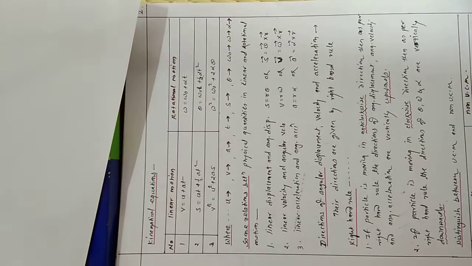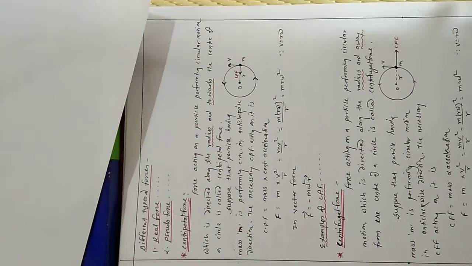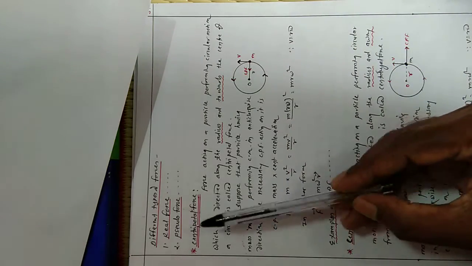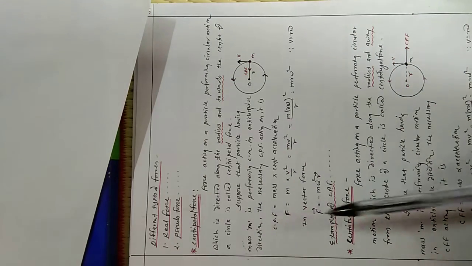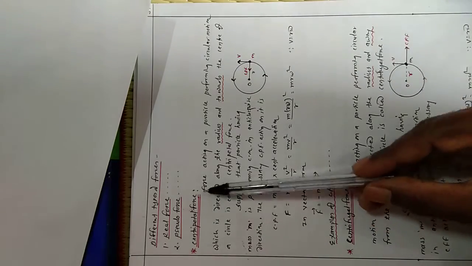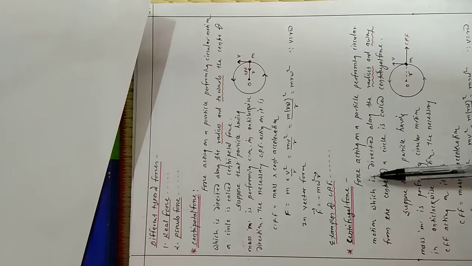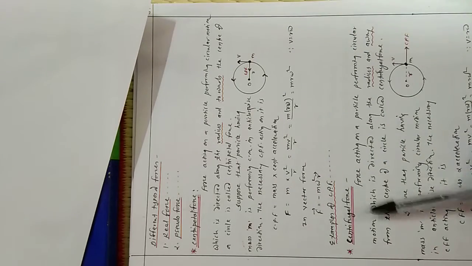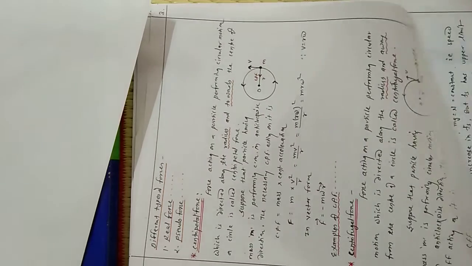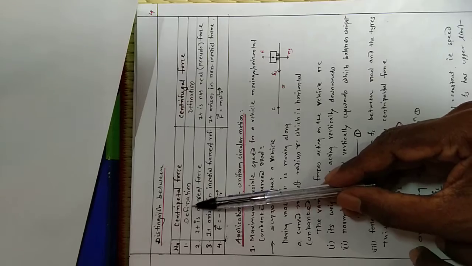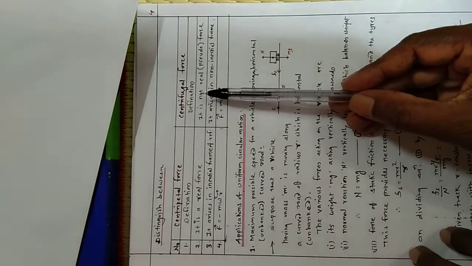Here we have to study the difference between UCM and non-UCM also. At the same time, we have studied different types of forces such as the real force and pseudo force. We also have to study two more definitions, that is the centripetal force and the centrifugal force. Their definitions, their mathematical formulae, their diagrams and their examples are also given there. Then we have to study the distinction between centripetal force and centrifugal force.